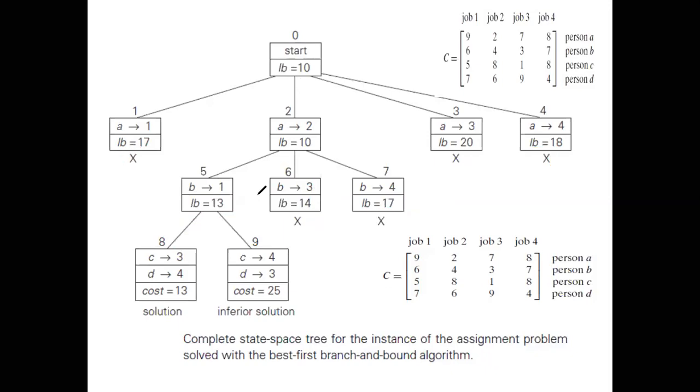So branch over this particular node because it gives the best bound solution. Correct? Fine. So I branched over here. Now what is the possibility? If you go back to the previous notes, it says assign a job to person A. Correct. Now this talks about assigning job 1 to person B. The remaining left out are job 3 and job 4. Correct. So now this particular level is for person C.